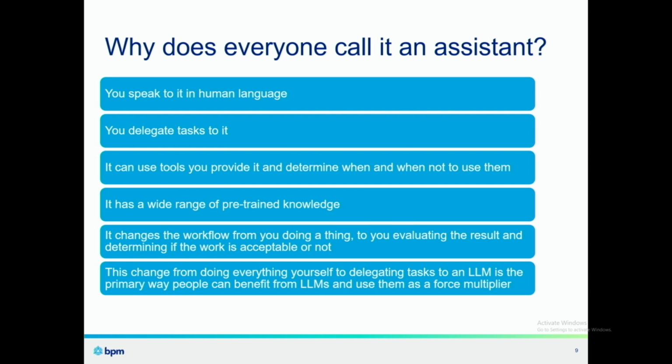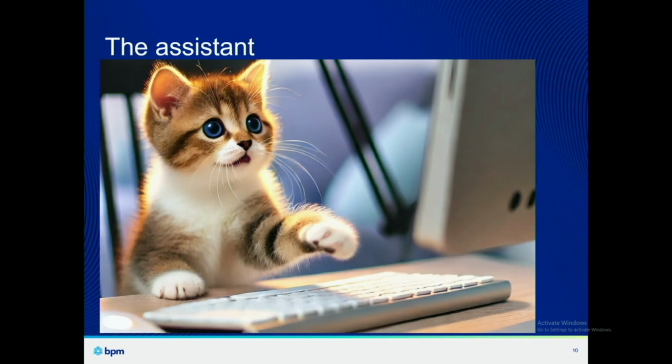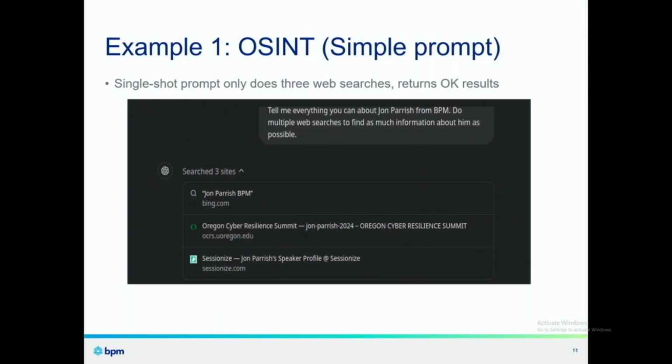Ultimately, I'm hoping the takeaway from this talk for you, as we get into the examples next, is that these LLMs can change the workflow from you doing a thing, to you picking up a tool and using it, to you delegating a task and reviewing the output you get back from it instead. This is what I like to think the assistant looks like, so that when it returns to me and says there are 2 R's in the word strawberry, at least I can think it's cute. So let's get into some examples.